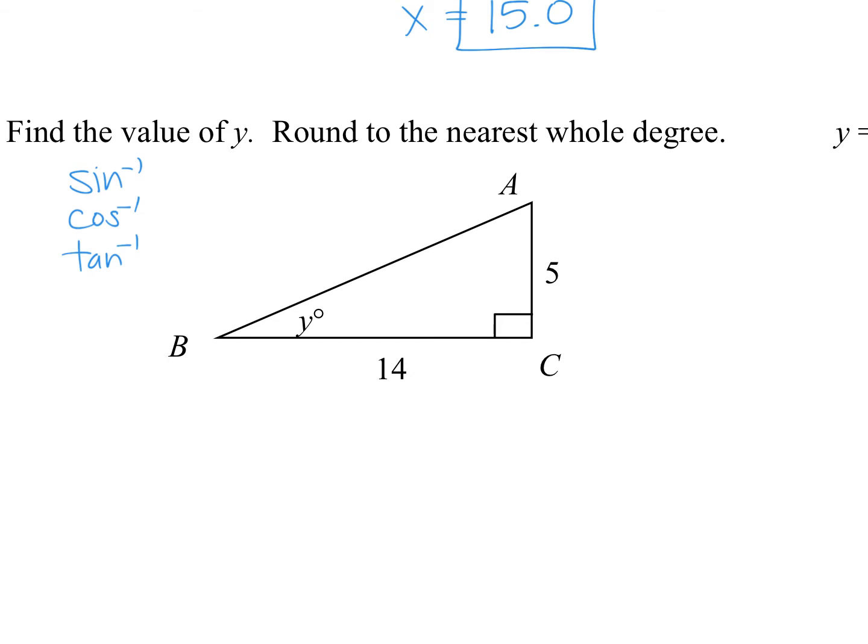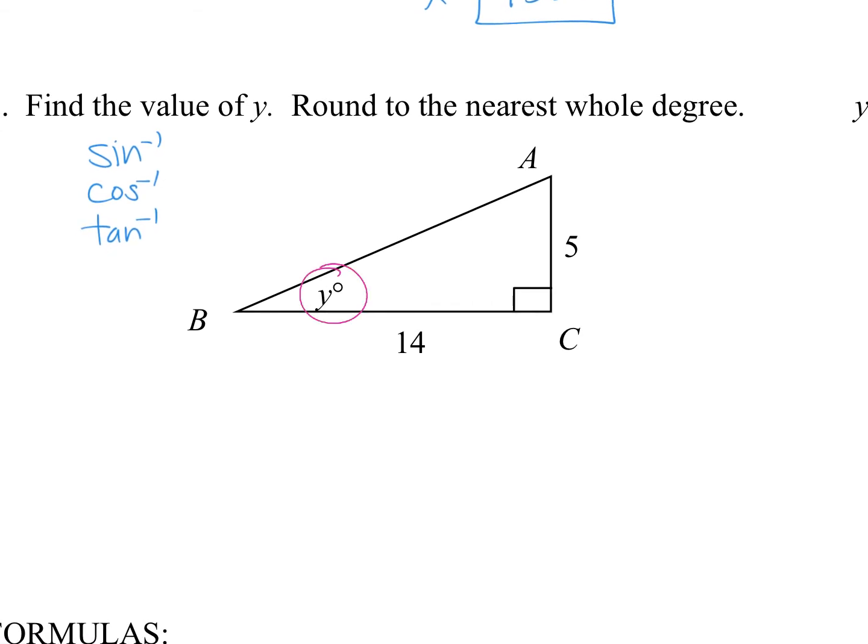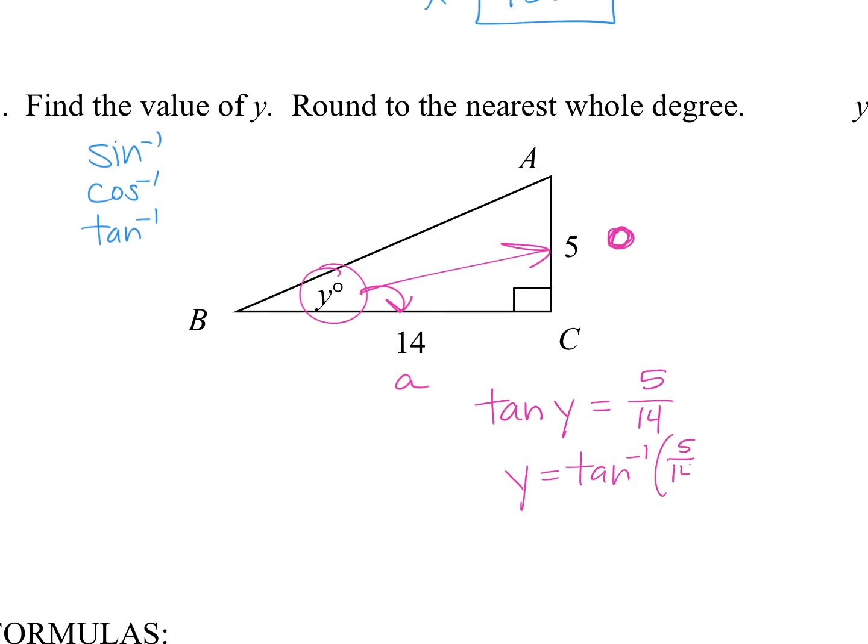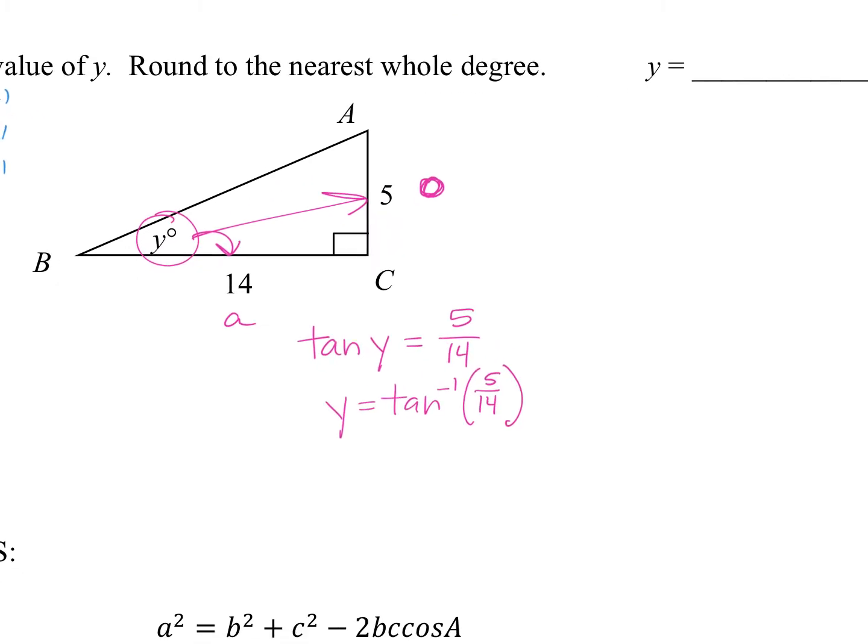So you look at your angle and you see what two sides? What's the 5? You have the adjacent and the opposite. 5 is your opposite. 14 is your adjacent. So that's the TOA, right? That's tangent. So we're going to say the tangent of the angle equals 5 over 14. What do you plug into your calculator? Yeah, the inverse tangent, right? So you're going to go second tangent, and then 5 divided by 14. So second tan, 5 divided by 14, plug that in, and you get,